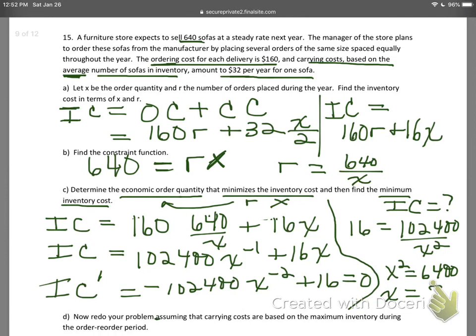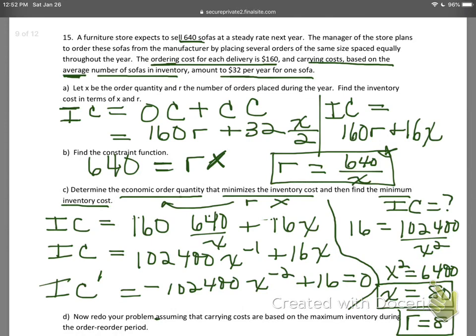X will equal 80. Take that X, so X equals 80, and figure out what your R is. So if you put 80 into this R equation right here, I'm going to end up getting R equals 8. Okay, R equals 8. So next thing I'm going to do is I'm going to come up to my cost